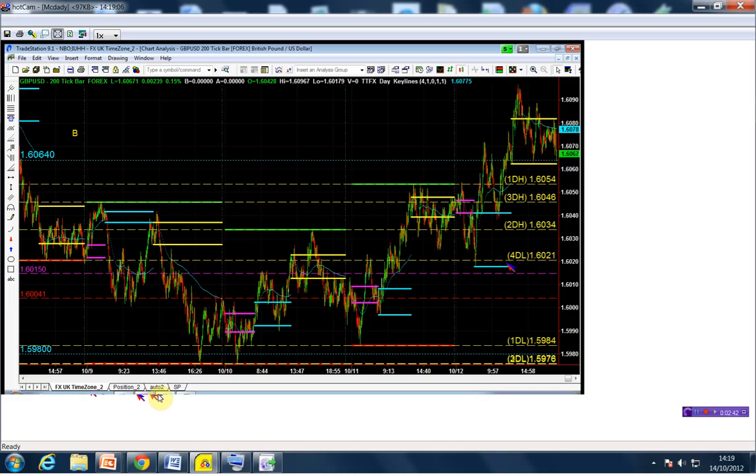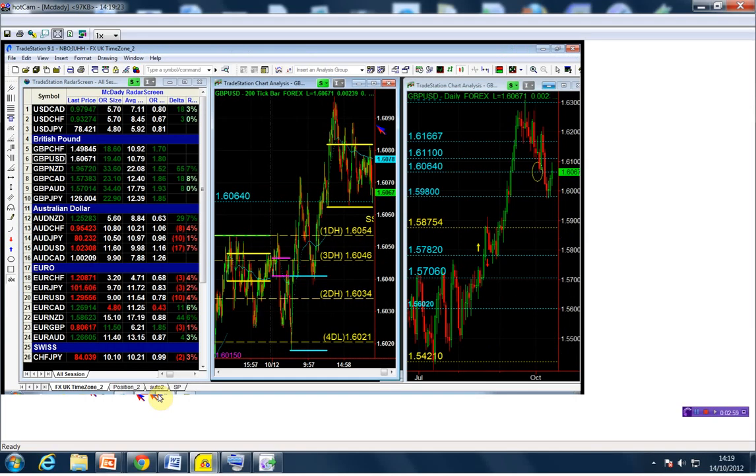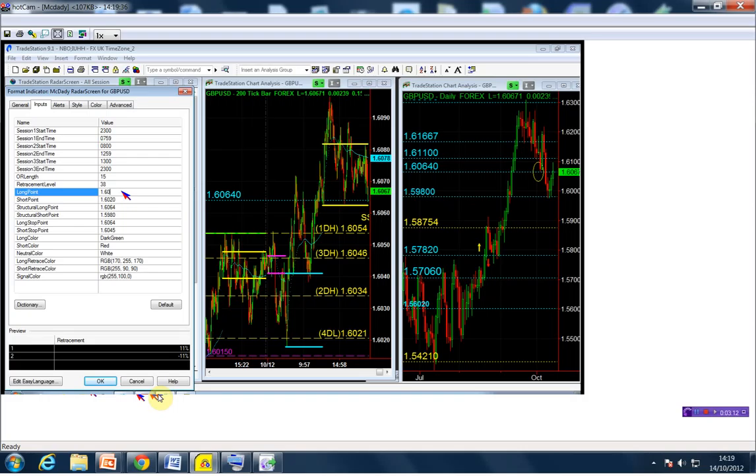But since we are doing it, this has to be technically the starting point, so we're supposedly going short below the structure, and that's going to be our short stop and our short entry. On the long side, we're already above the structure, so we're going to take the pound dollar above 160.90, which is pretty much near the high of the day. If I do, I have a structural long point at 161.10,